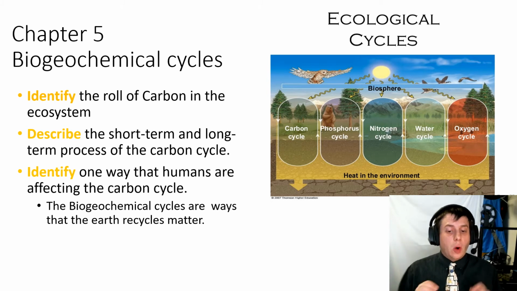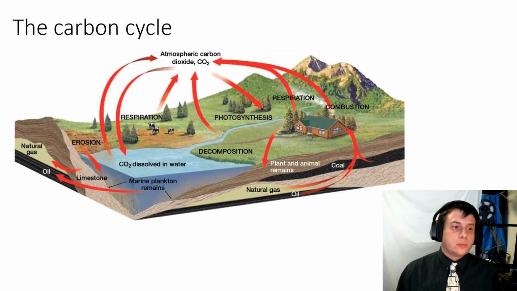So we're going to start off with the carbon cycle, and we're going to use that as a framework for how Earth recycles matter. So this is our overview of the carbon cycle, and we'll see it again, don't worry. You start off for all of these with one of the larger reservoirs of available carbon. This is where carbon is most readily available to be taken into the living organisms, and that's atmospheric carbon